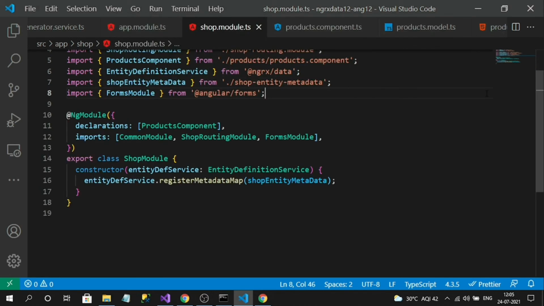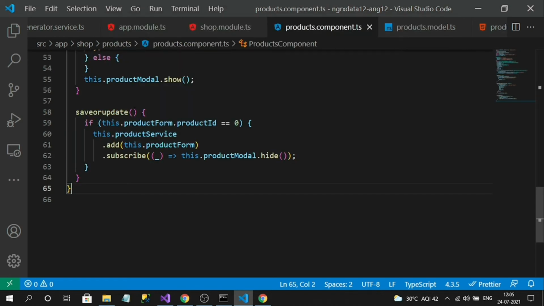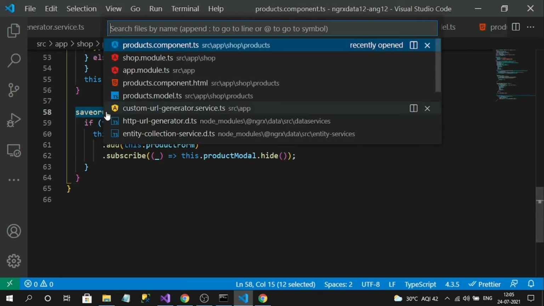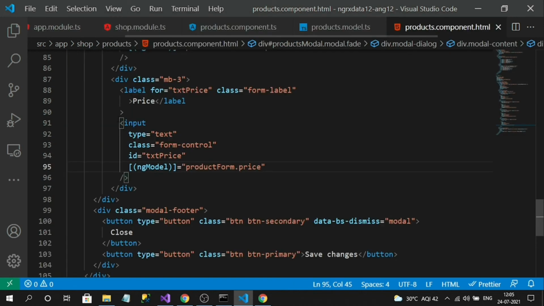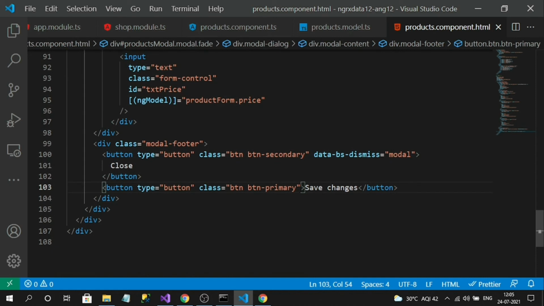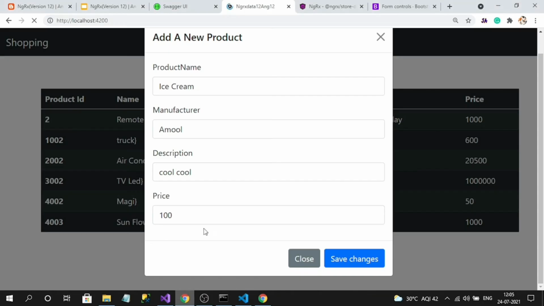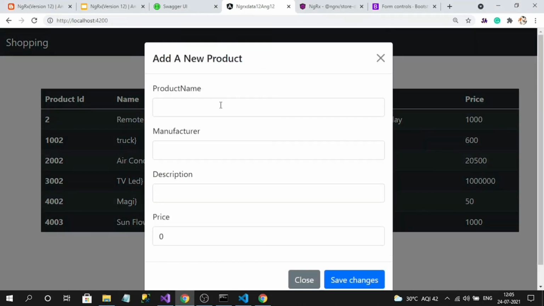Okay, let's register the saveOrUpdate method. Go to product component, saveOrUpdate, and go to my HTML. And here for the save changes button, I will add click. Okay, and registered the method. Now save again, reload the page again, add